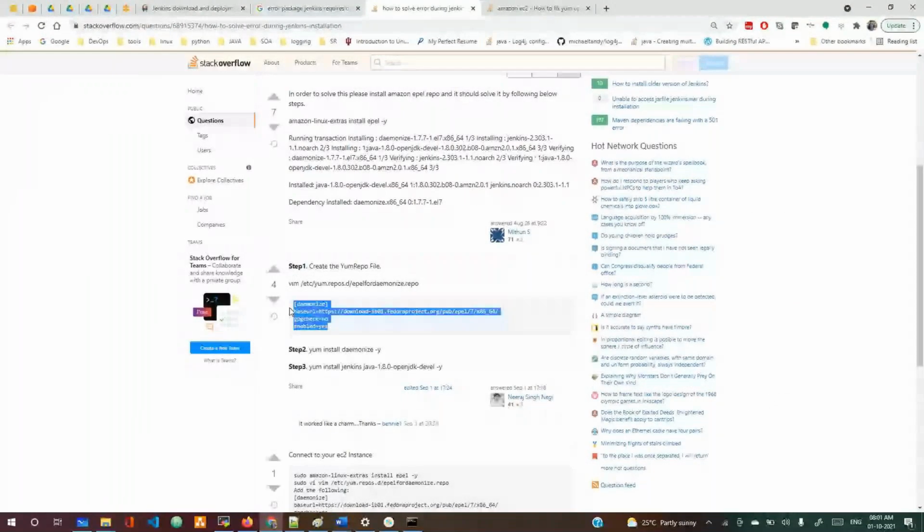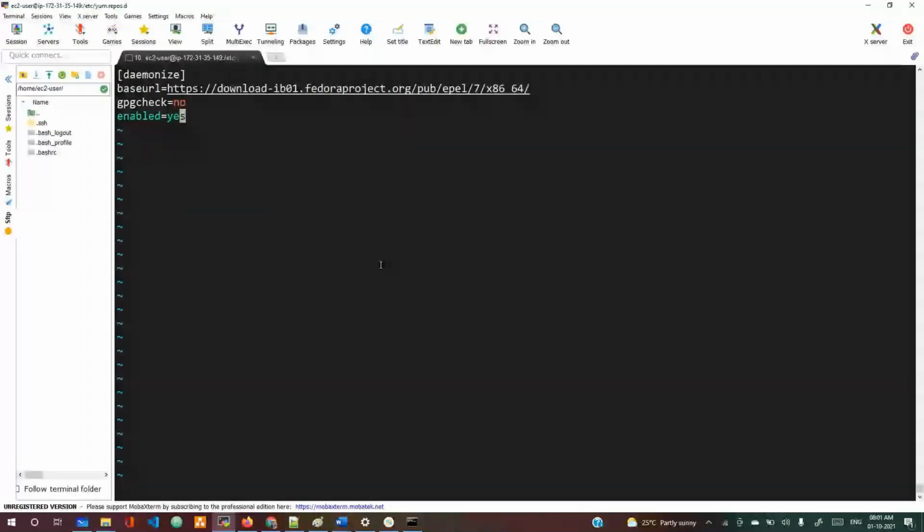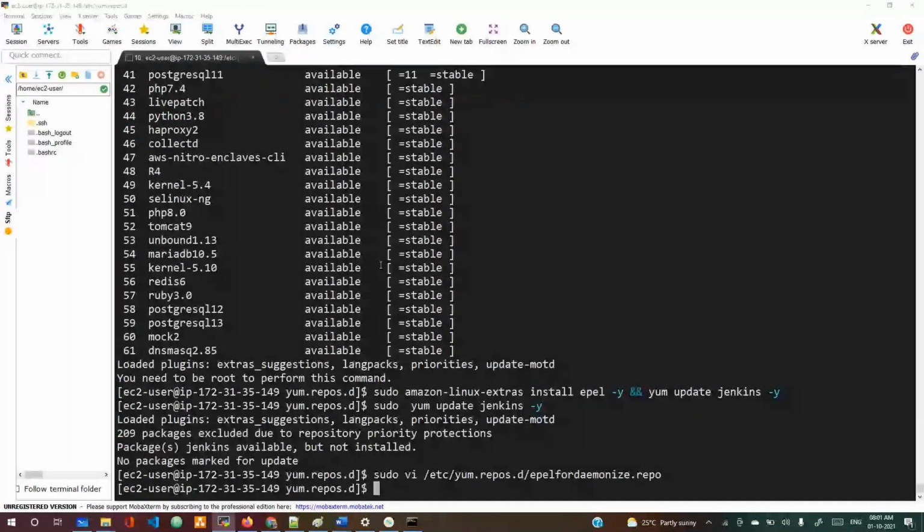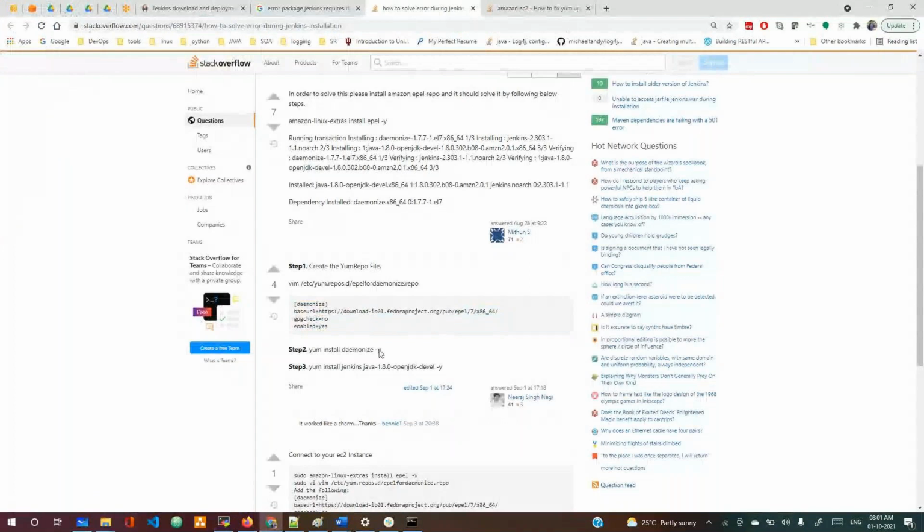This has never happened before. Now these are recent changes in the repo. Now let's try to save this file. Whatever they say, once they save the file, now let's do it for